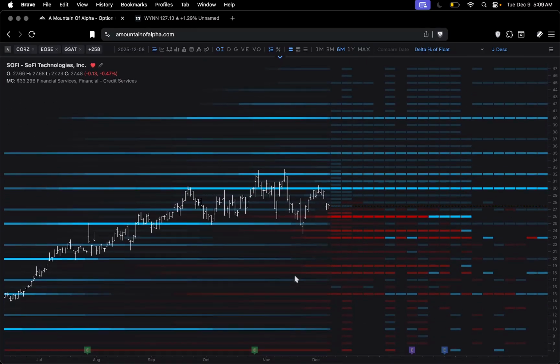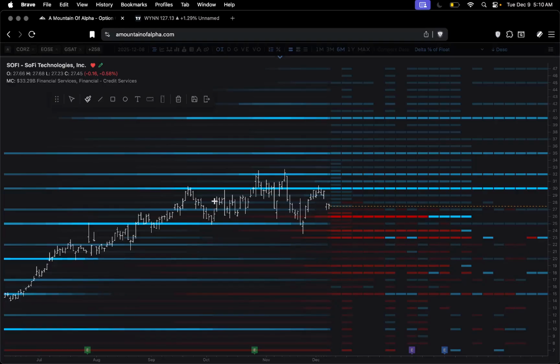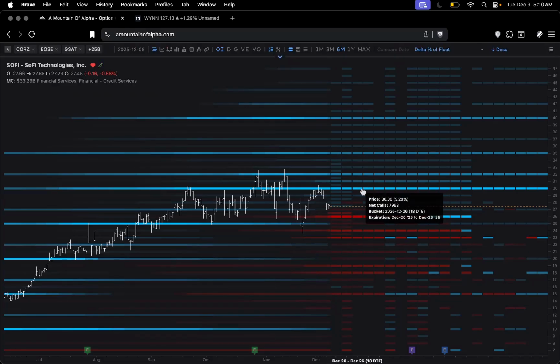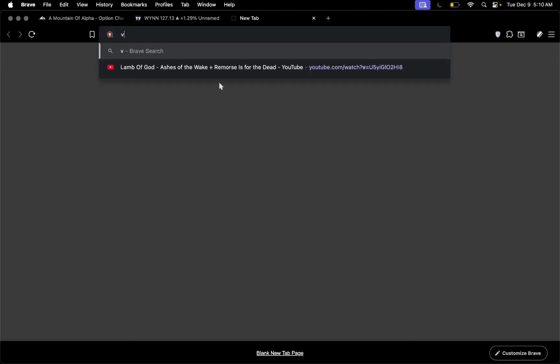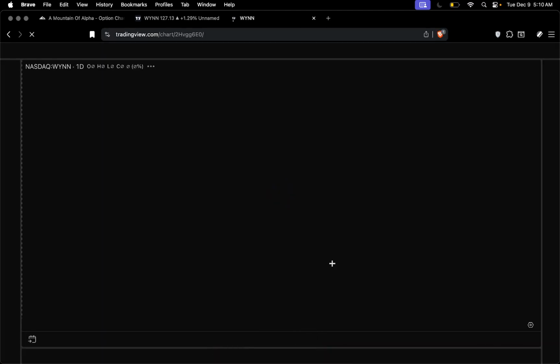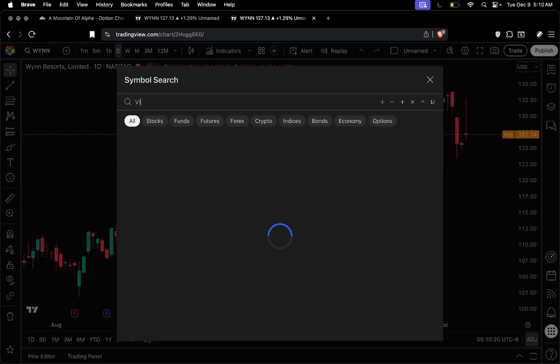SoFi. Well, so far on SoFi, it's been selling the 30s. See? Selling the 30, selling the 30, selling the 30. There's been a lot of selling at 30. And if SoFi is not able to get above 30 before you get volatility,